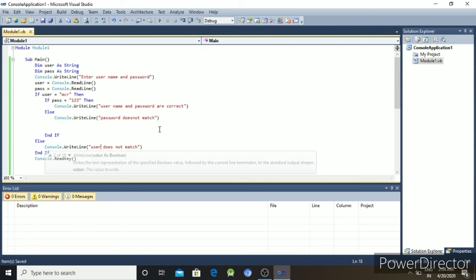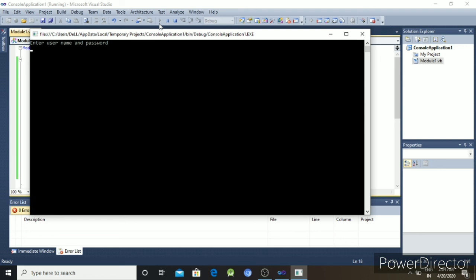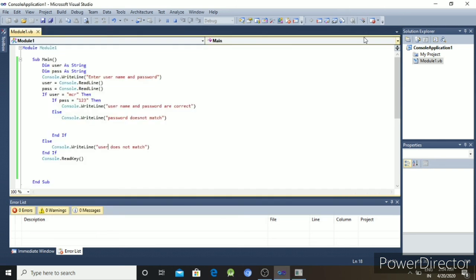So if there is any confusion, rerun the program. Username mcr1 and password 123. Okay, user name does not match.